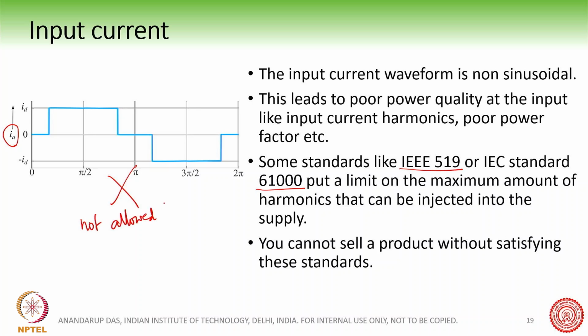Therefore we need to find some arrangement to improve this current. We would like this current to be a sinusoidal current, so we have to change it. We will see this in the second week, but in the next lectures we will first cover the thyristor rectifier a little bit, before we go into some of the strategies to make this current waveform closer to a sine wave.